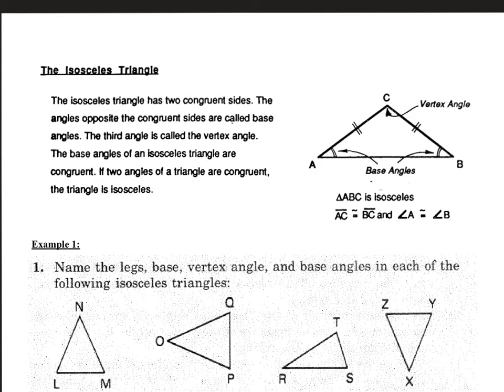So we have one angle called the vertex angle, and that's where our congruent sides touch, right? So our congruent sides touch to form our vertex angle. Now, the 2 angles at the bottom, not being formed by the touching congruent sides, are called our base angles, right? And when we have an isosceles triangle, it turns out that our base angles are actually going to be congruent to each other, right? So knowing this, let's work on some examples,